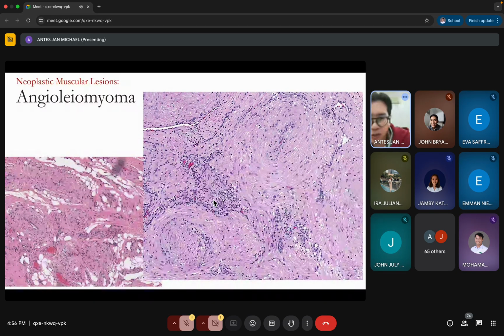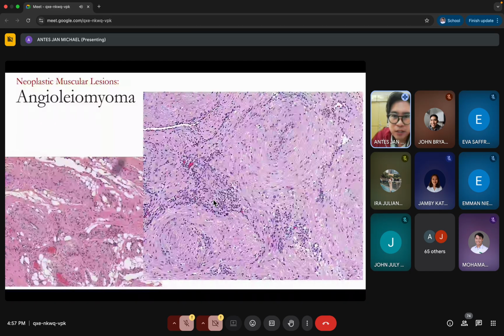low power objective, you can actually see circular areas that are quite reminiscent of a blood vessel, but it's quite peculiar because the muscular layer is thick, and then you cannot really see the lumen because it has already collapsed. Now there are some inflammatory cells seen here, like this one, but it's just an insignificant finding. What you really need to see here is how thick the muscular layer of this blood vessel is.